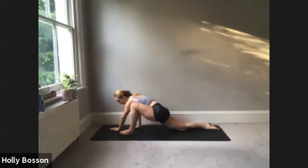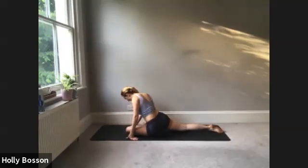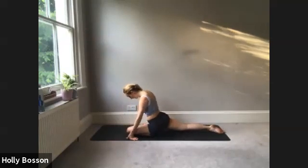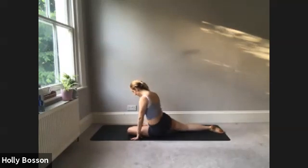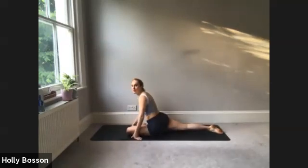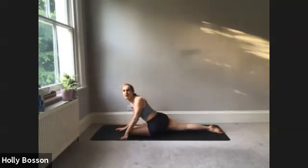Lifting back up onto the hands. Let's find your pigeon pose. So left knee and left foot finds the floor to about a 45-degree angle. And you can feel that stretch on the outside of the thigh. And the knee feels comfortable. Back leg is extended. Now either take a nice long exhale and rest your chest down and towards your front